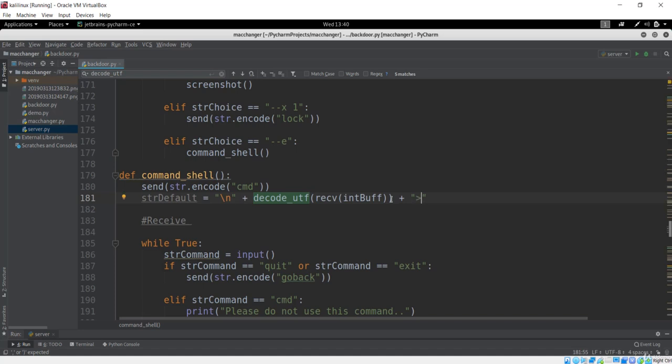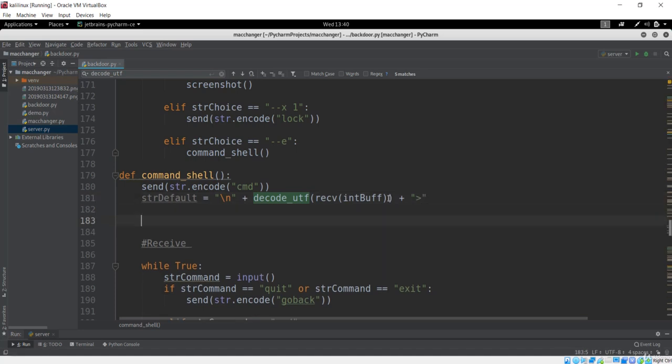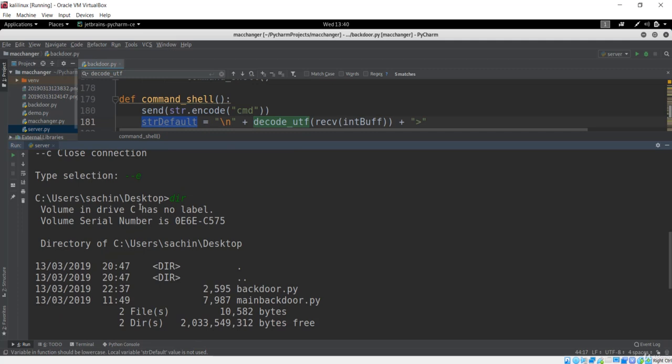So basically we are just setting this default. It means this is what we'll see as a default when we open cmd. So first of all we have to type this command, that is /e, and this will be the default that comes when we execute the first command.